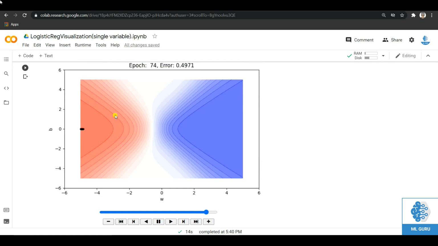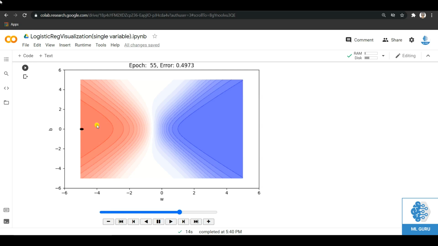But here you can see there are multiple local minimas and the model can get stuck here. So if you are lucky enough, if you had maybe initialized the values in this sloped region, your model may have converged. But if you are unlucky and your model was initialized in one of these flat regions, then your model will get stuck in this local minima.